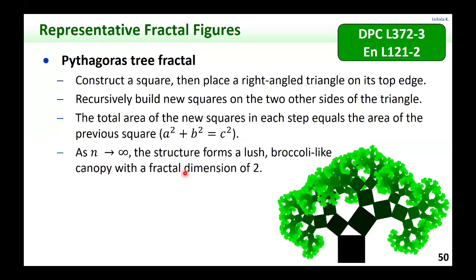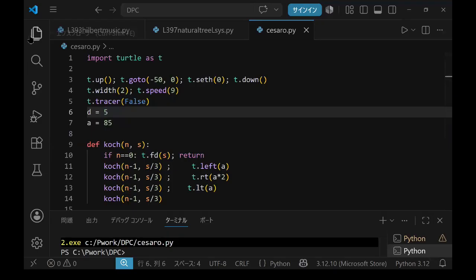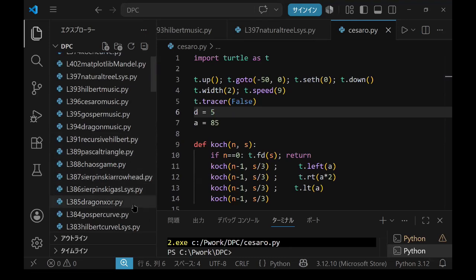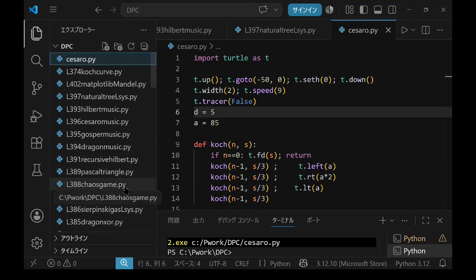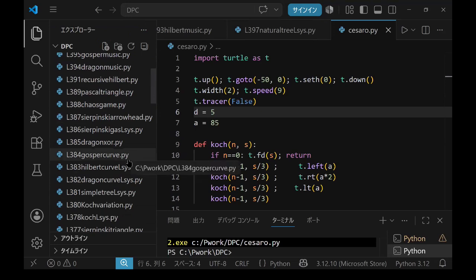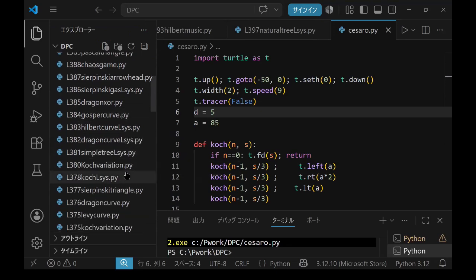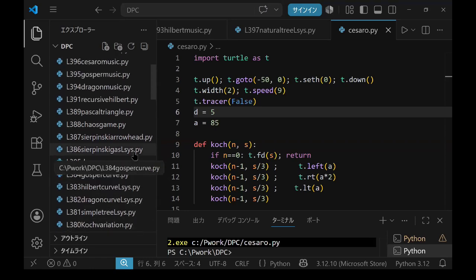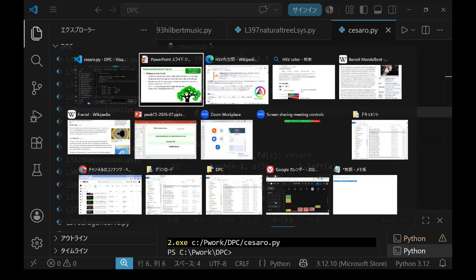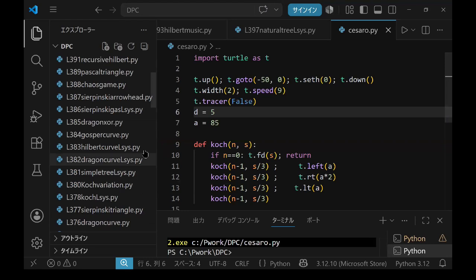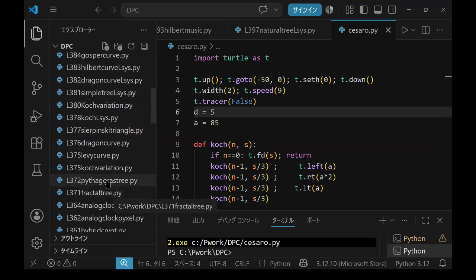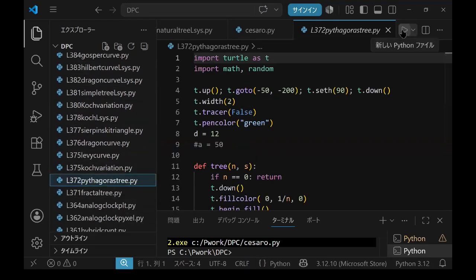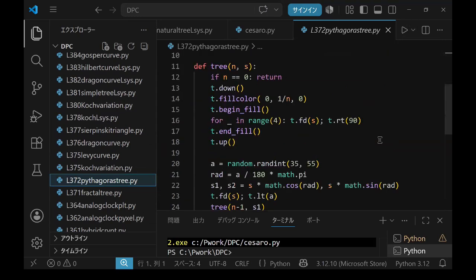Anyway, let me run this Pythagoras tree. So let's see, where is the Pythagoras tree? So, for example, when you have, what does the number say? 372. 372. Okay, it's like this. Okay, so if you run this, you can have,